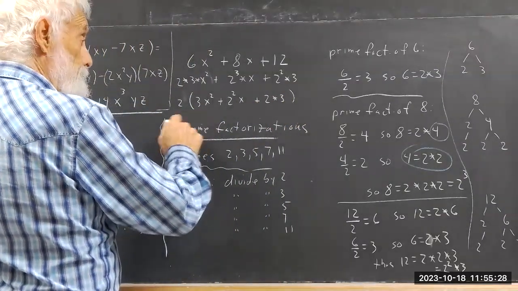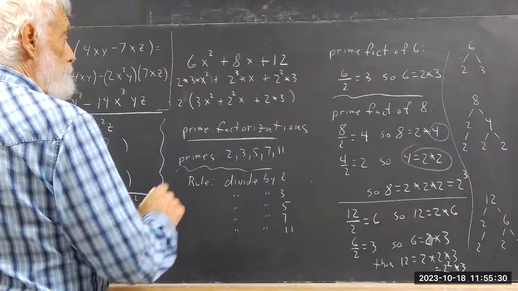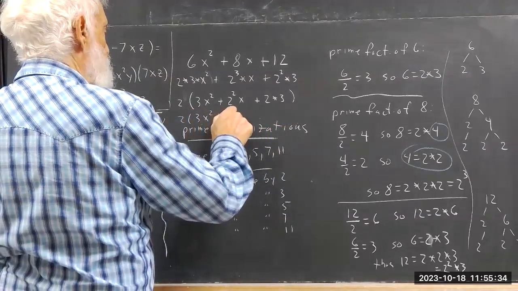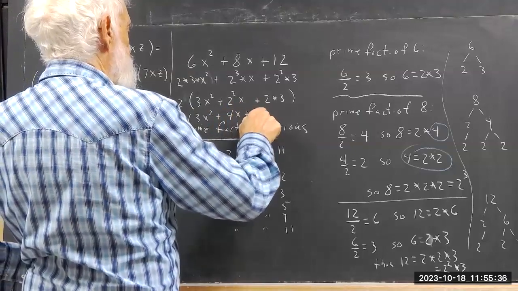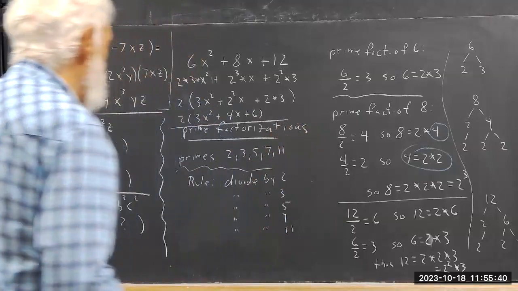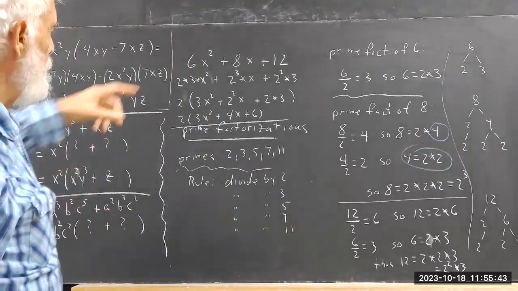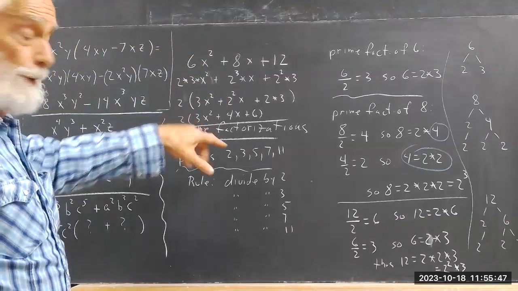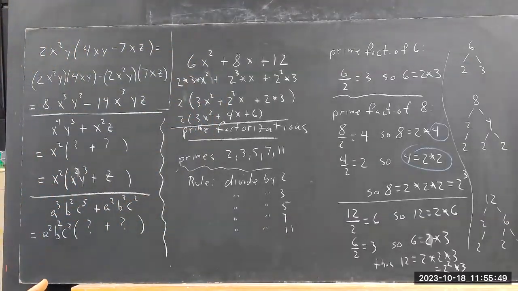And then this gives us 2 times 3x squared, 4x plus 6, because now we can multiply these things back. The point is that if we treat these numbers, these prime numbers, the same way we treated symbols over here,